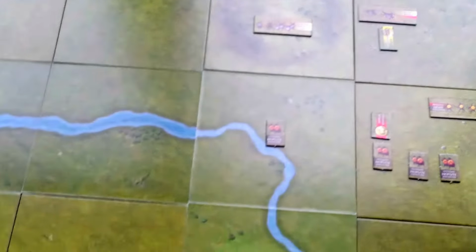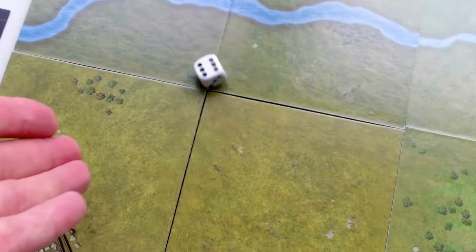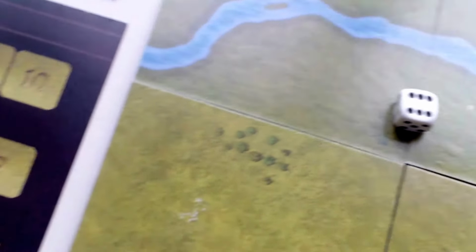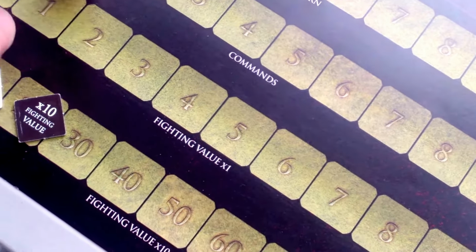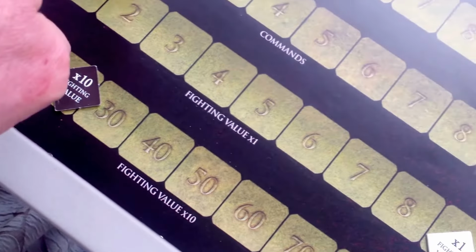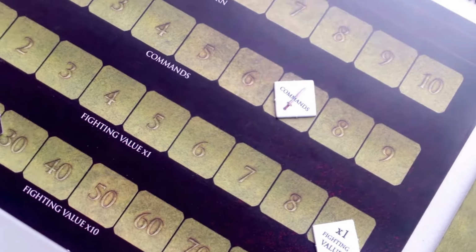They need a good die roll. Let's do the die roll now for the Persians. Okay, they've got 6. Okay, that's going to really help them in this situation. So they've got their basic 1 command plus the 6 will give them 7. Okay, so that's